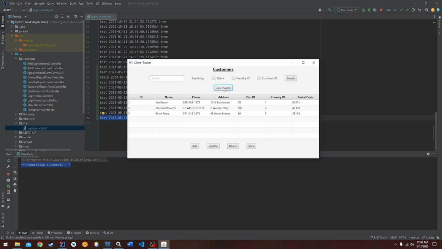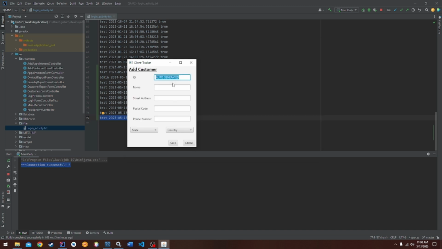I can clear the search to bring back up all the customers, and I can add a customer. The ID for each customer is auto generated. I'll just put Bob Smith. Street address 1234 Street. Postal code 7086. The phone number 555-555-555. All these are strings,